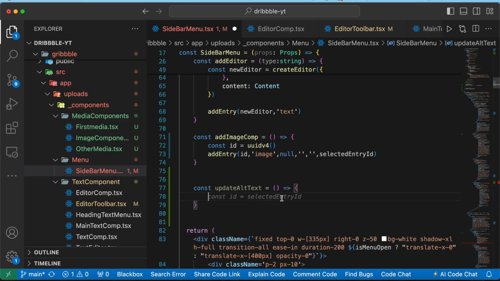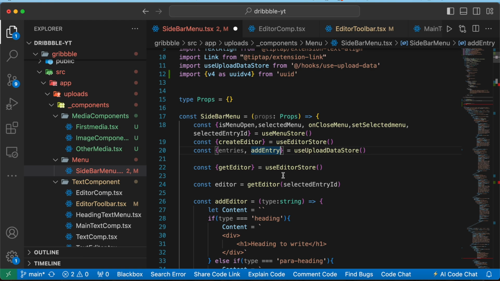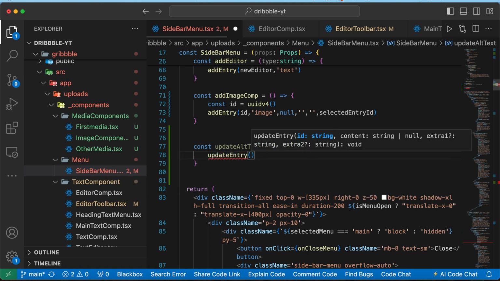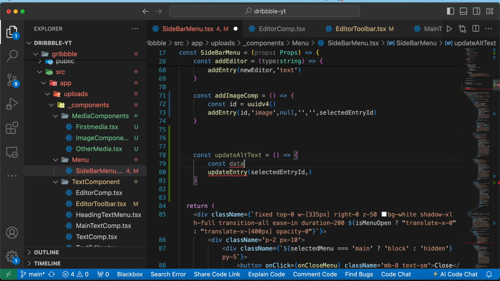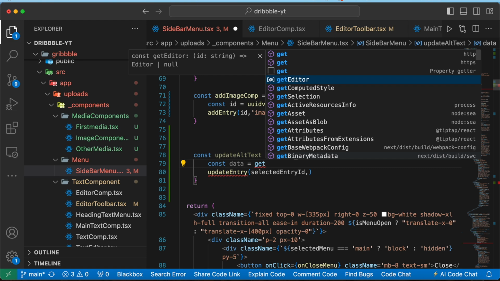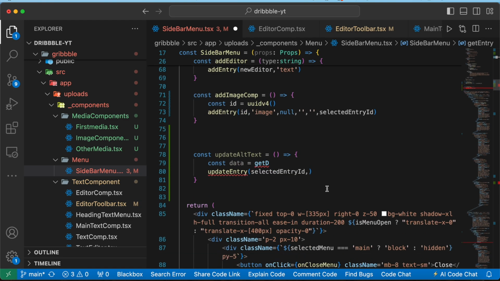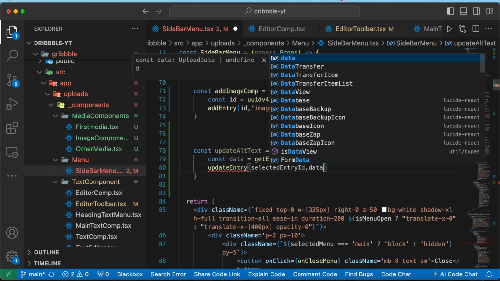Now we have selected entry ID, so we are just going to update. Let's import that function here. From here, update data entry, then pass the ID, which will be selected entry ID. The alt text is actually the extra one value, so the content will be same, so we are not going to change the content. So first we need to get the content here. So const data is equals to get data. Let's go above and import that. Get entry, pass the selected ID. Then here we are going to pass data dot content,